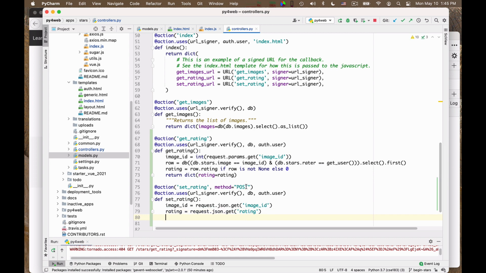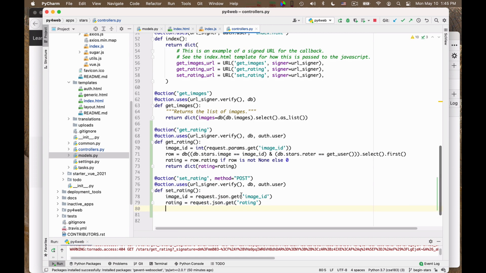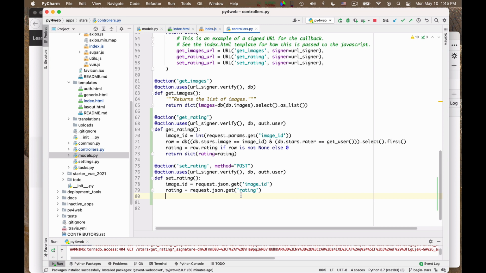And now I have to do an update. So there could already be a rating, or there could not be. So I have to do essentially a sort of case analysis. If there is no rating, I need to insert it for the particular user. If there is already a rating for that image by that particular user, I need to do an update. So there is a function of the database abstraction layer that helps us do that. It's called update or insert. And it works as follows.